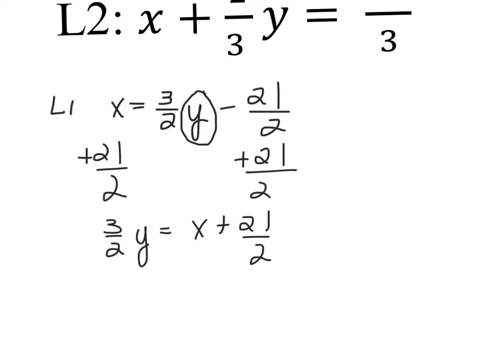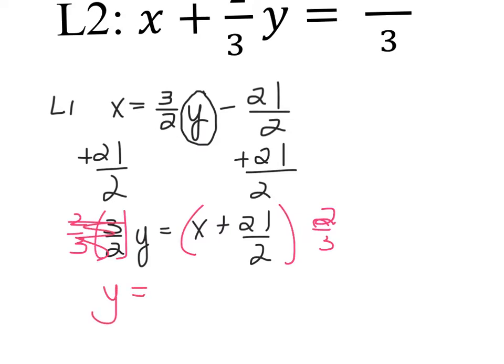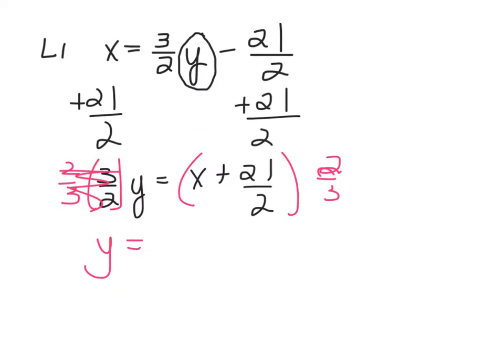I need y by itself. Okay, we're going to divide by 3 over 2, right? So we're really multiplying by 2 over 3. Now I'm going to show you a little shortcut here. So I have y equals. When I distribute this, do you guys agree with me that the 2/3 goes here? So this becomes 2/3 x, right? Plus,